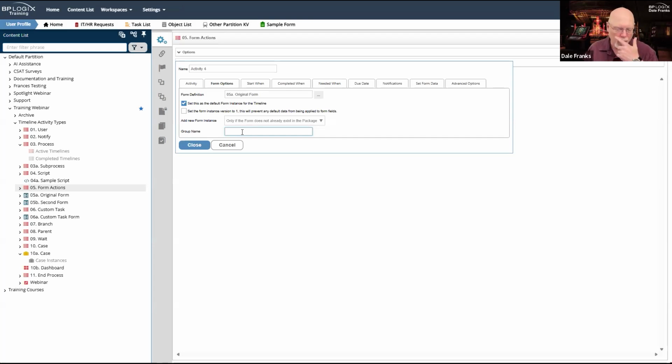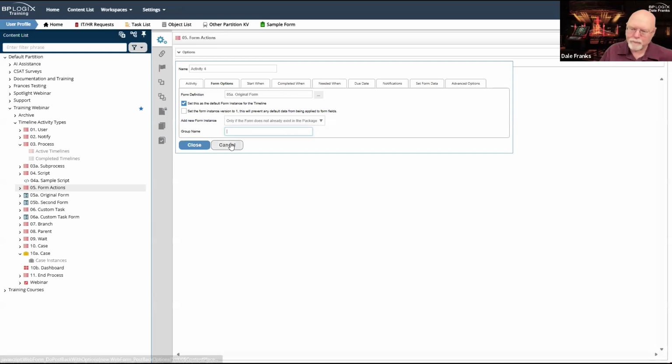And so group names are always useful for showing those attachments, because if you are showing in a show attach control, for example, you're showing all the document attachments. And if you have multiple forms, you might have different forms that need to go into different groups to show up to end users slightly differently. Yes, they're all one big set of attachments on one timeline, but group names allow you to do that discrimination between them.